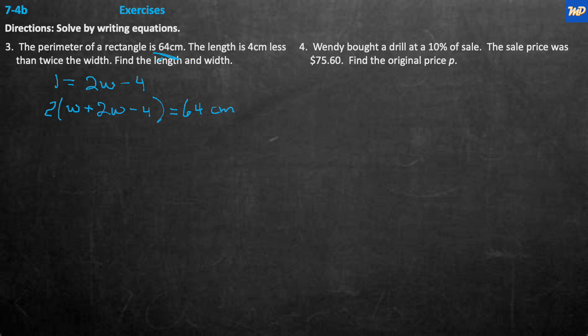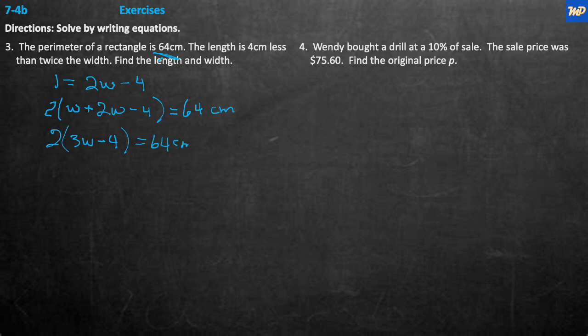So we have to take care of everything inside the parentheses first, because of PEMDAS. And this is all addition and subtraction. So we have 1w plus 2w minus 4, and it's all times 2. So we're going to say 2 times (3w minus 4)... equals 64